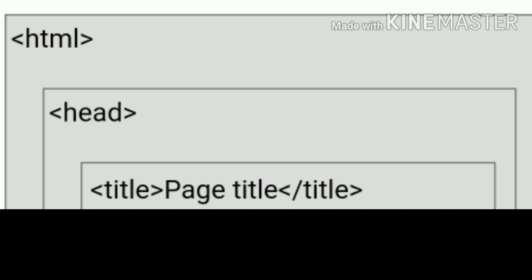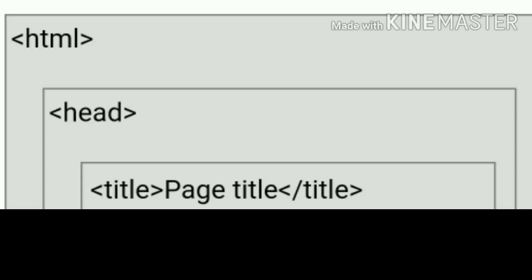In between the body tag, you are given only 3 tags here. H1 is a heading tag, and that is its closing tag. P is a paragraph tag. This is a paragraph, and this is the closing of the paragraph. P is an opening tag of another paragraph, and that is the closing of that paragraph.